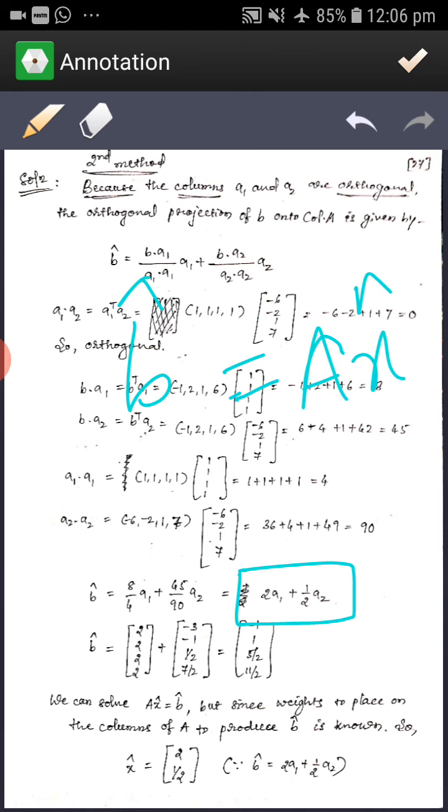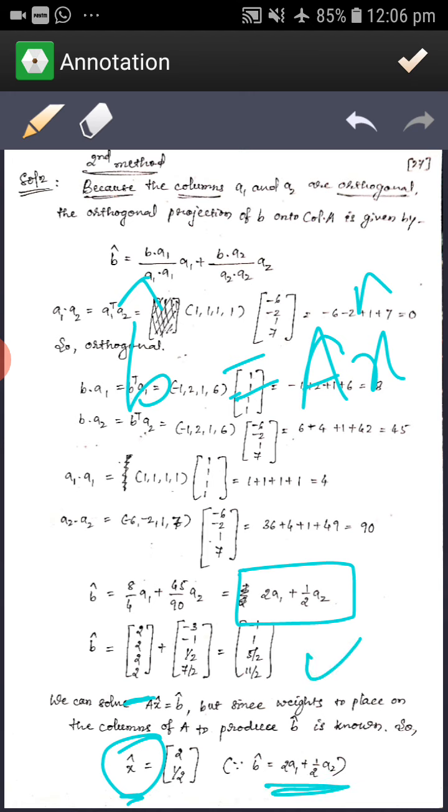So a cap x cap. So here, that is a1. So here it is 2a1 plus a1 a2. That a1 a2 is nothing but vectors, and 2 and 1 minus 2 will act as x here. Okay, so we have calculated b cap here.